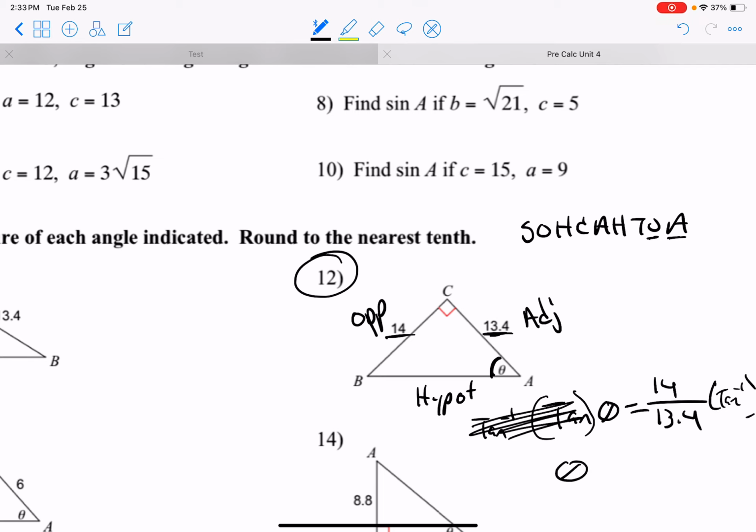I'm left with theta equals the arctangent of 14 over 13.4. I'm going to go to my calculator, and I'm going to do second, the arctangent of 14 divided by 13.4, and I get